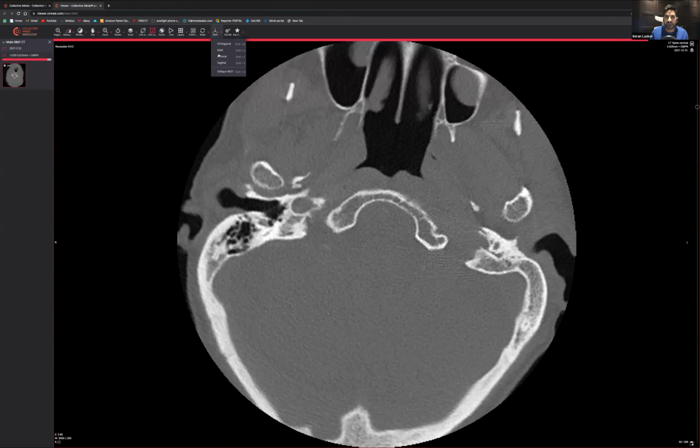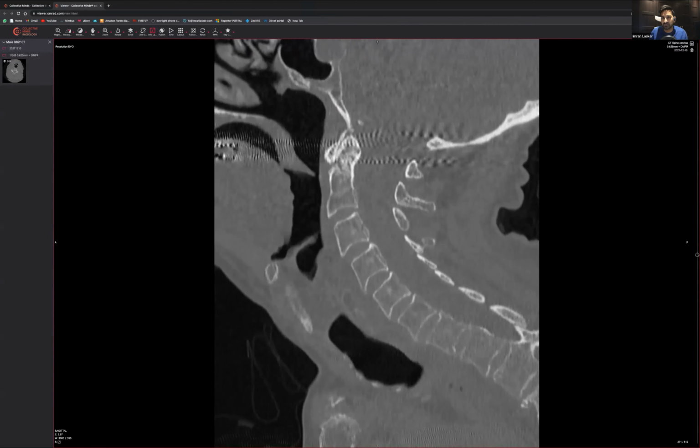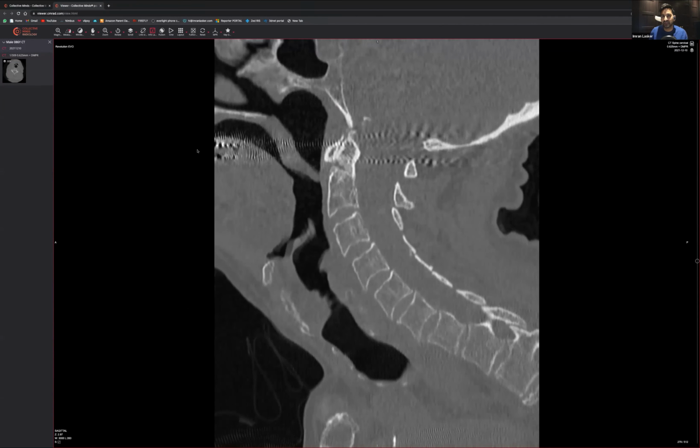So you can actually do a proper sagittal view, and it works completely fine, just as you would expect. And yes, there is a bit of artifact. For those that don't know, you do get this sort of wavy line sometimes, and that can be based on the fact that the person may have fillings. If they've got metal tooth fillings, then when the x-rays come through, they end up dissipating, and you end up having this sort of wavy appearance here.